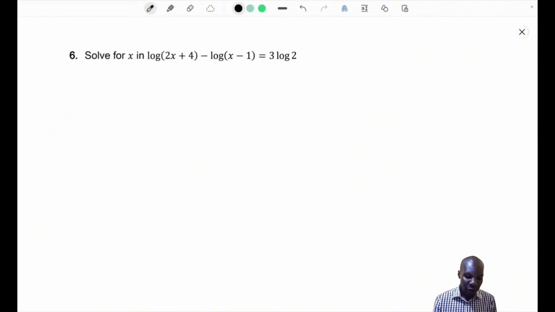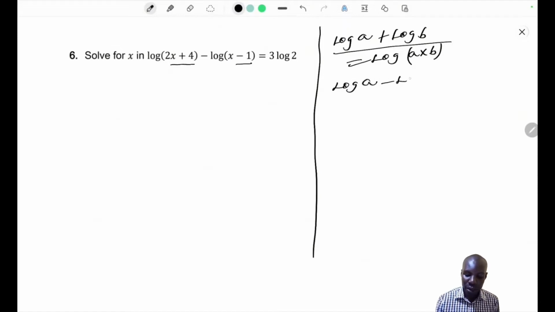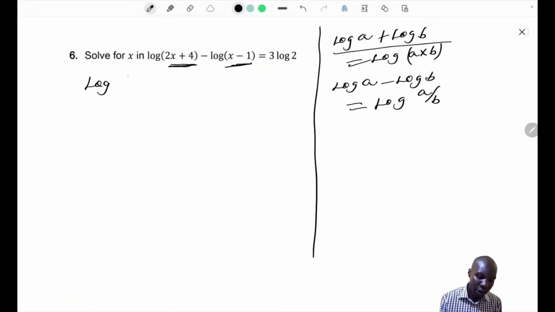Number 6. Solve for x in log of 2x plus 4 minus log of x minus 1 equals 3 log of 2. So remember our laws. We are saying log of a plus log of b is equal to log of a times b. So log of 2x plus 4 minus log of x minus 1, we cannot apply this. Let's apply log of a minus log of b, this is supposed to be equal to log of a over b. So log of 2x plus 4 minus log of x minus 1 is the same as log of 2x plus 4 over x minus 1